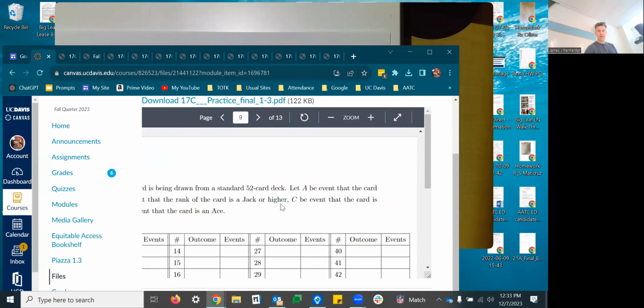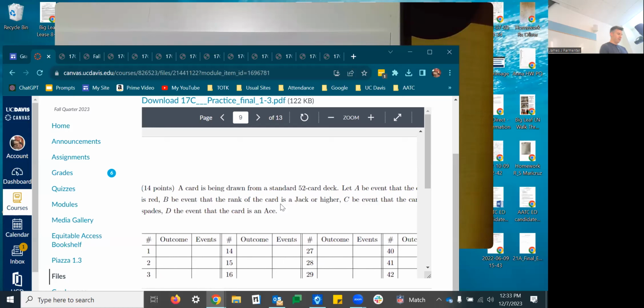The event A is that the card is red. So if A is being red,